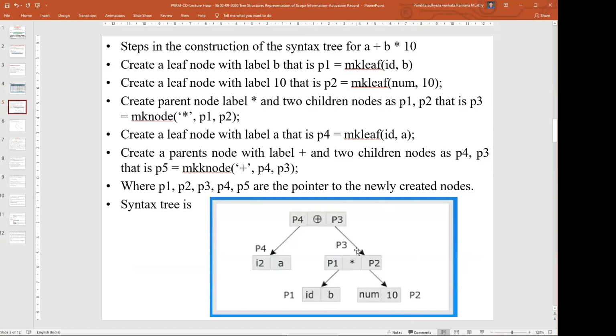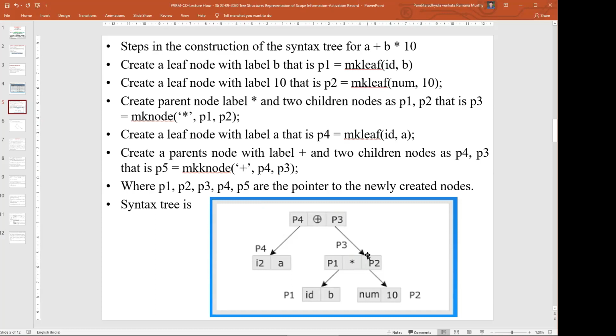P3 is an internal node. So instead of make leaf, we are using the function make node, and here we are passing the operator and entries for P1 and P2, P1 comma P2.